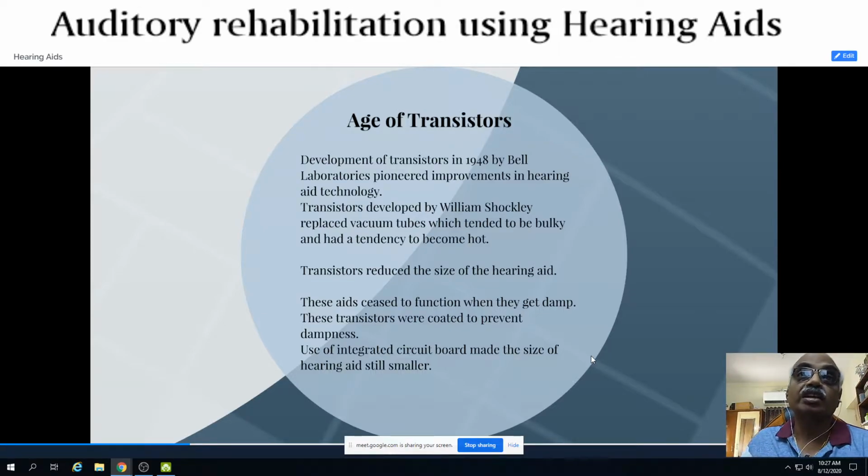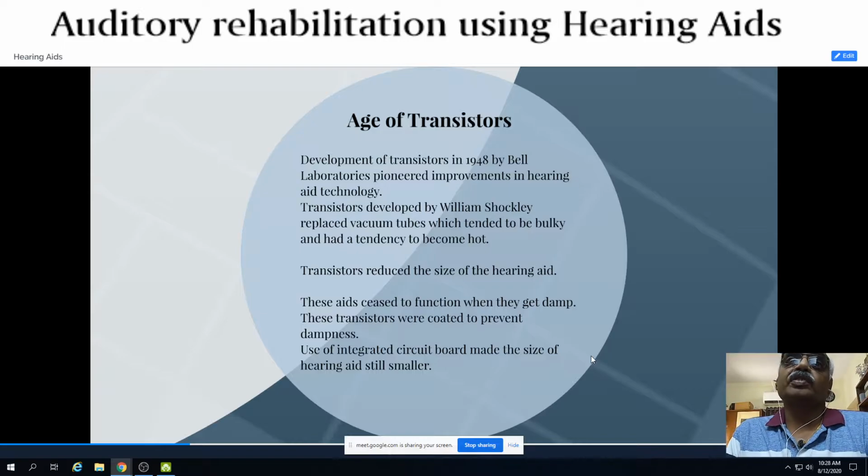They call them valves. These valves are nothing but vacuum tubes which used to burn and transmit the electrical impulses. And they used to be very, very bulky, and they had a tendency to become hot. So transistors slowly replaced these vacuum tubes, and they started making the equipment less bulky, and the use of transistors reduced the size of the hearing aid. Initially the hearing aids were a little bit bulky because they were using vacuum tubes as the electronic agent. So when transistors started to become commoner, they began to be incorporated into the hearing aid, thereby reducing its size